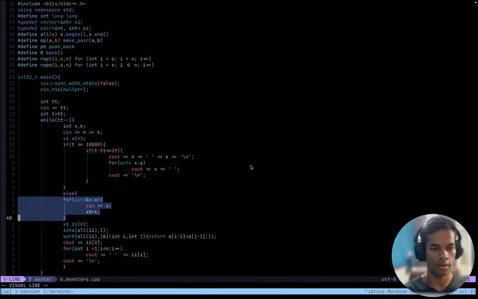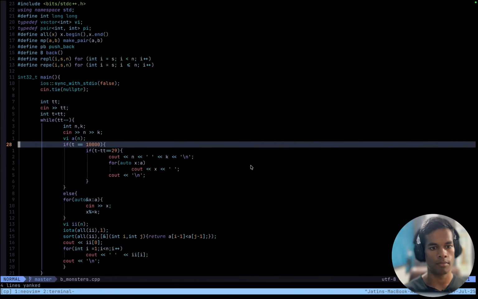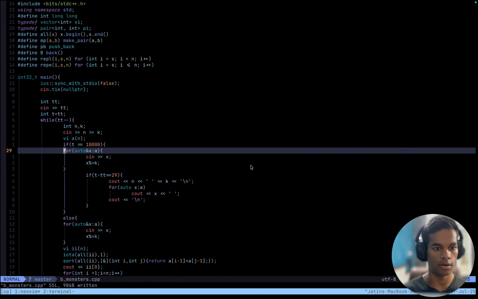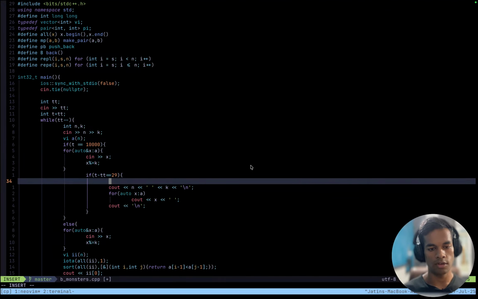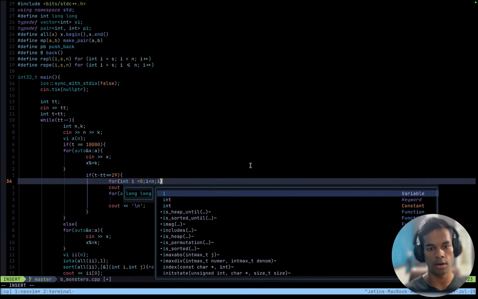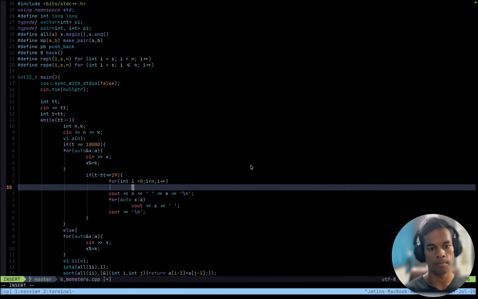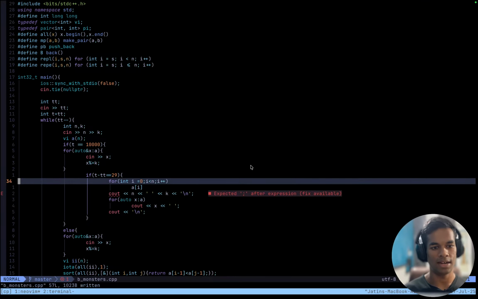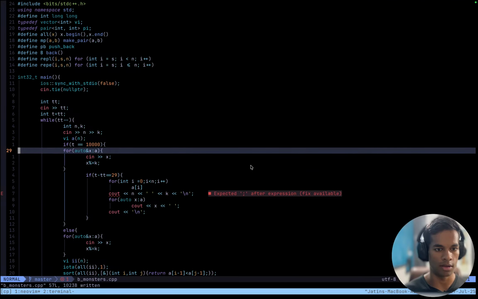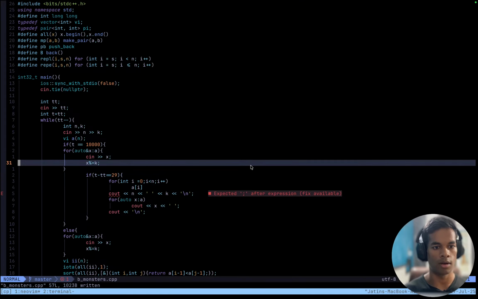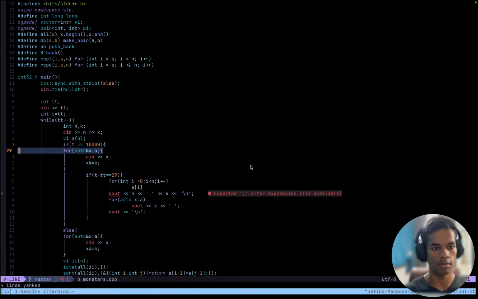And 6. If this is the thing, then for int i equals 0, i less than n, i plus plus. I already took the input, right? Yeah, here I already took the input. So yeah, I can put this in an else.